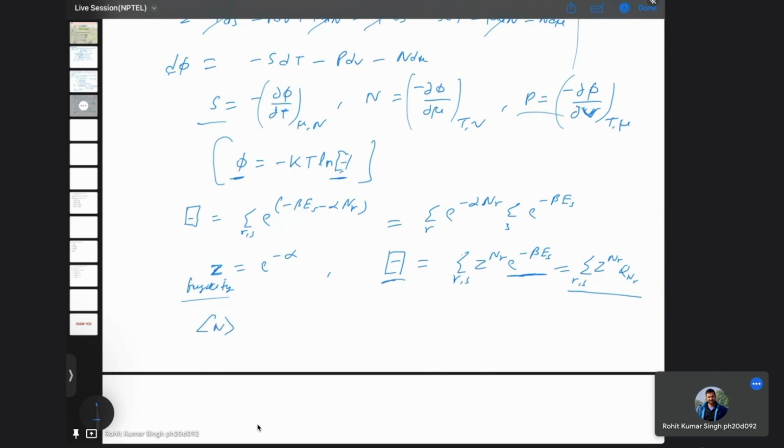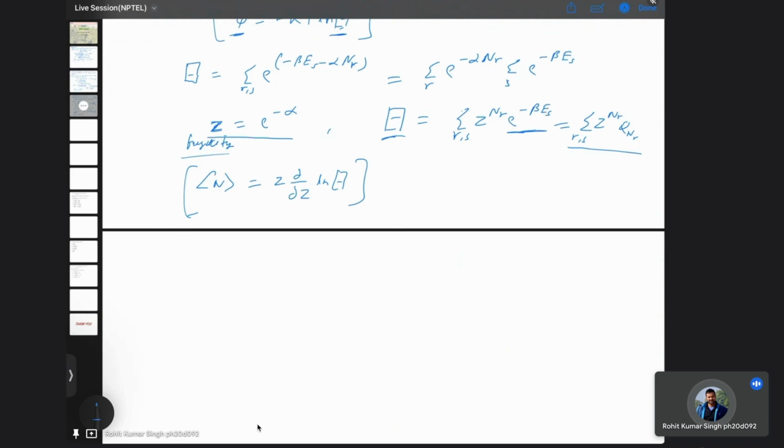There is another expression which is given by this. Instead of alpha, because alpha and z are related like this, you can derive this thing. So this is another way of calculating the average number of particles. This is very easy to derive, so okay, let me derive it for you. To derive this,